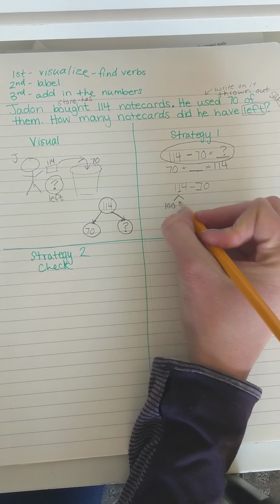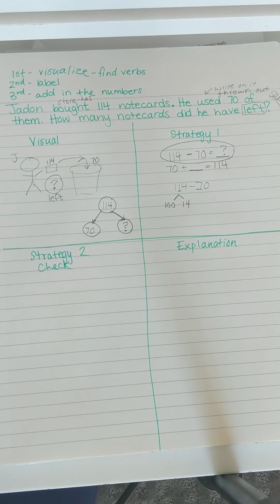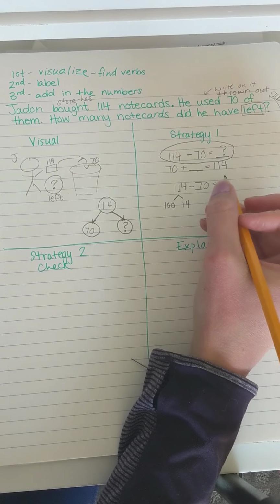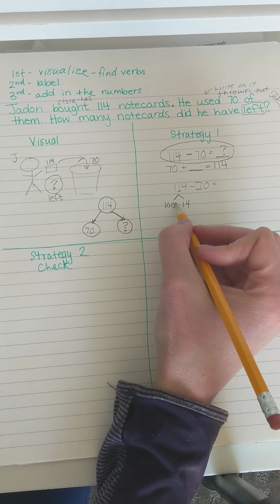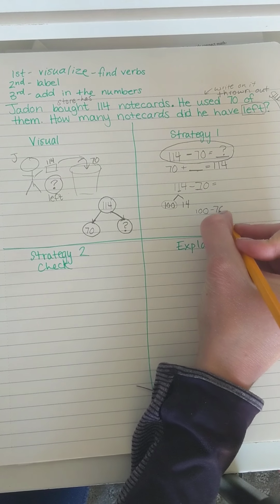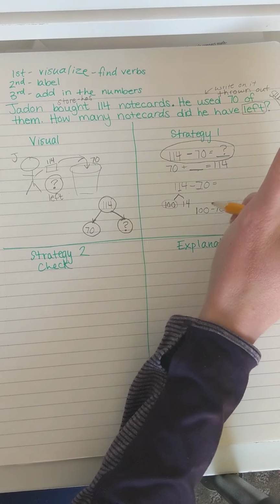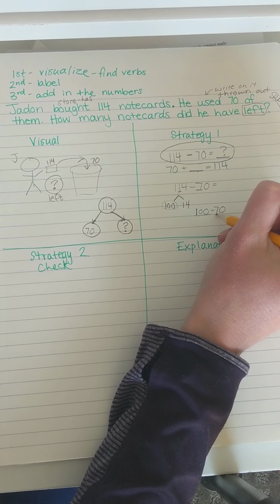So I know that this number 114 is worth 100 and also 14. Those are the two parts. And I know I need to take out 70. Well, what I can do is make an easier equation for myself. I could start with the 100 from the 114 and take away 70. What's great about that sentence is that it only has tens here, because that's like 10 tens, and this is